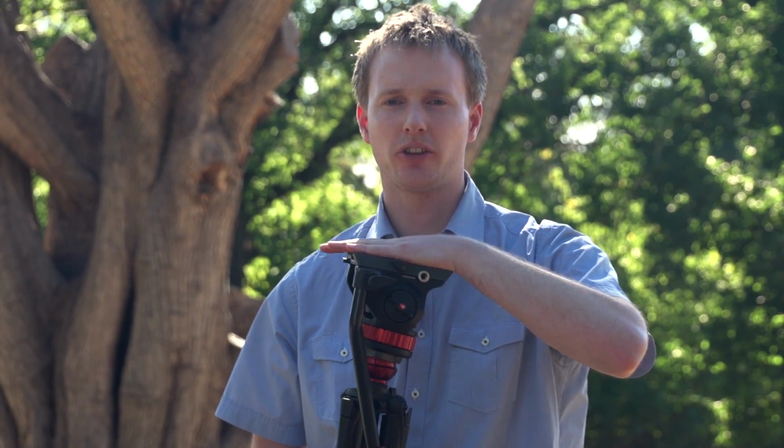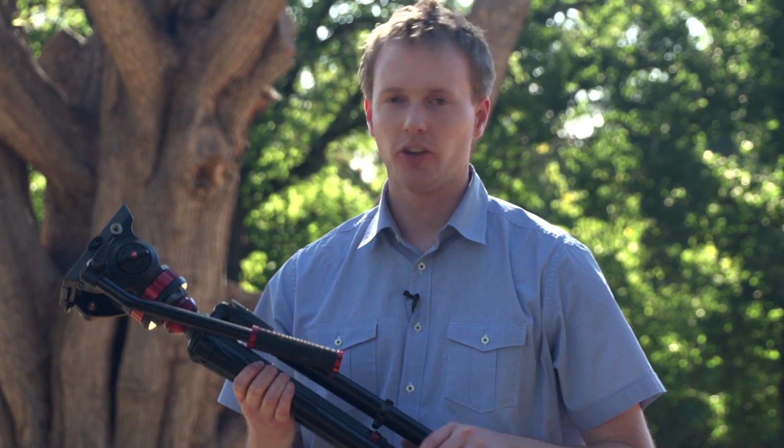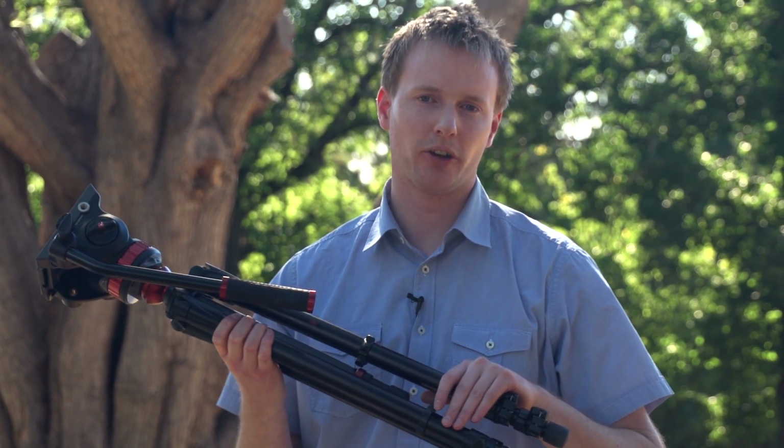Today we're here to demo a Manfrotto tripod. This is a 502 HD head on the top of the tripod, and we've got some 755 XB legs on the bottom of the tripod here. So the first thing I'm going to do is open up the legs so I can put the tripod down